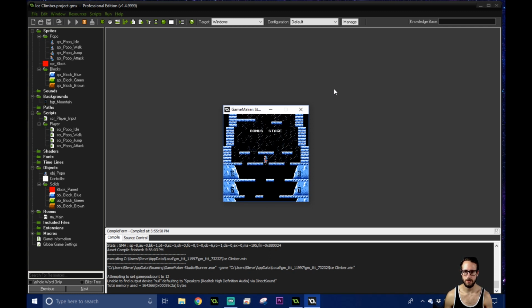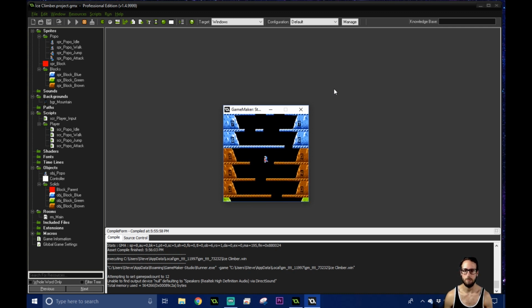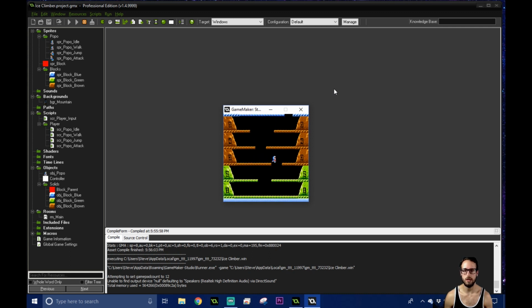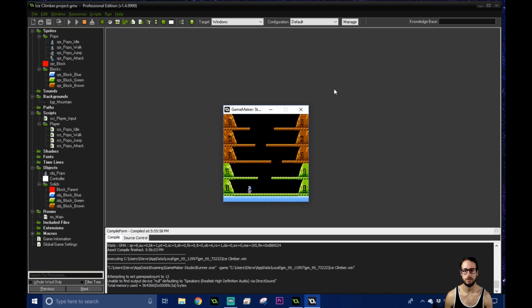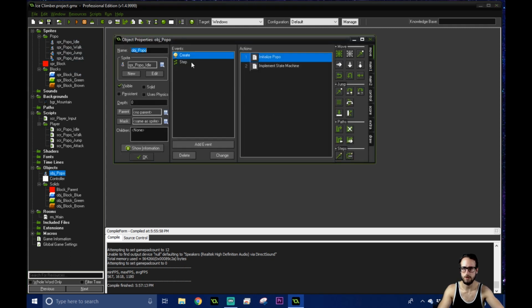I want to change two different things. One, it should be easier to fall through that hole. The masks don't matter too much to me right now. I'm not worried about those feeling like the game. But while falling, I want to leave the walking state, and I want to be in a jumping state, which I'm thinking that if I swap over to a jump state, it'll just change the sprite animation for me. Because if you recall, or at least those who are doing the tutorial series and not just watching in real time,